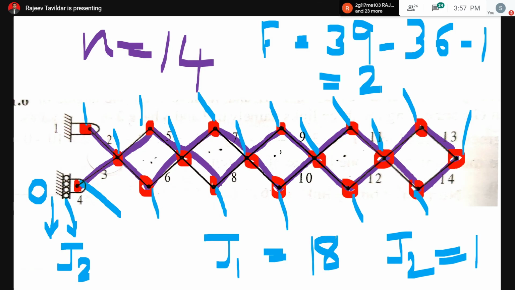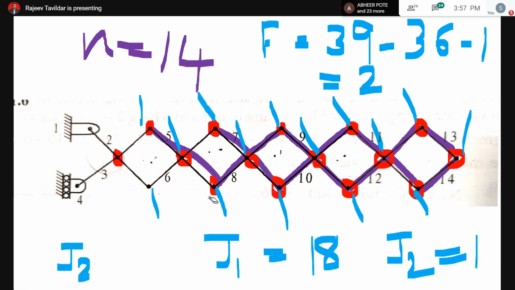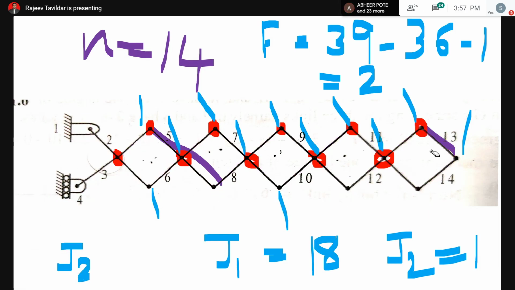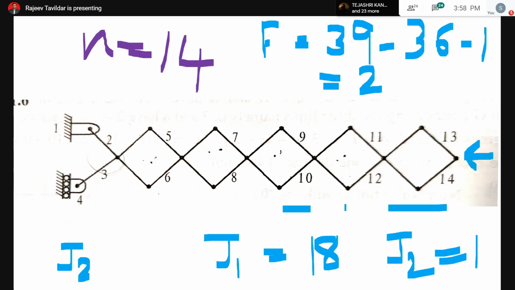Now you can just see this diagram, and before solving all these things, you should be able to tell me how many degrees of freedom it has. Just look at the diagram and assume how it is going to work. If I press this scissor mechanism from this direction, it will get compressed, right? It will all get compressed in this direction. While it is getting compressed, these rollers will roll and they will move in this direction.